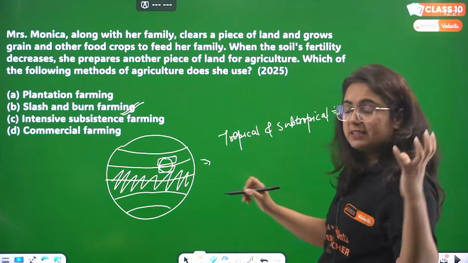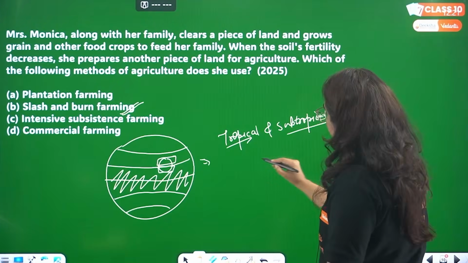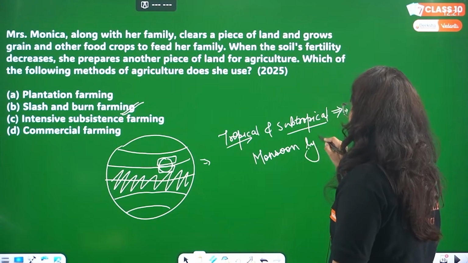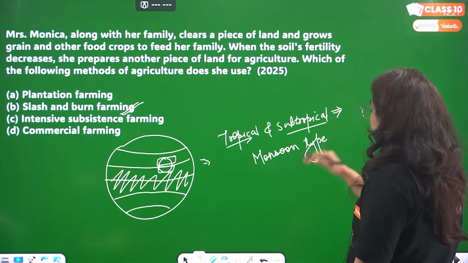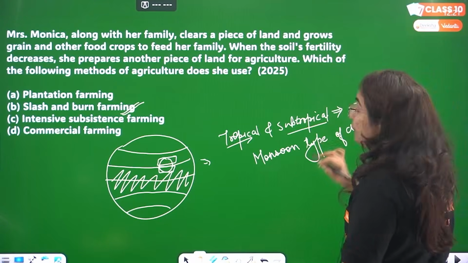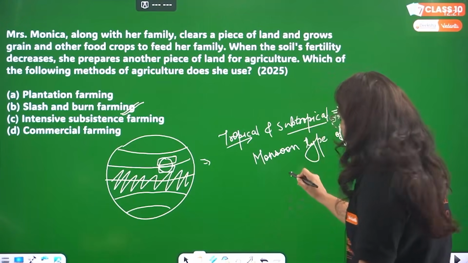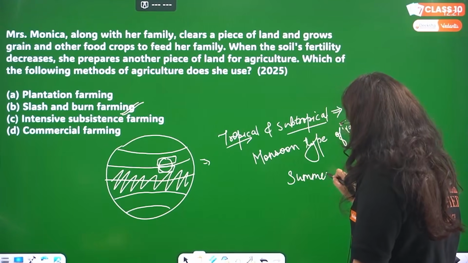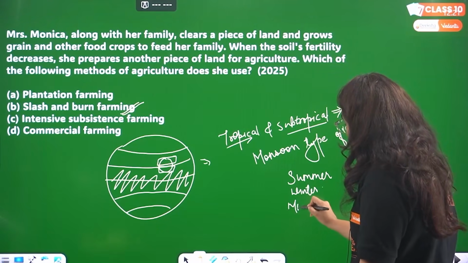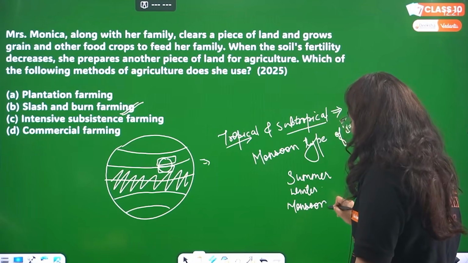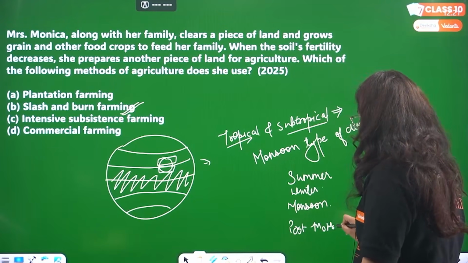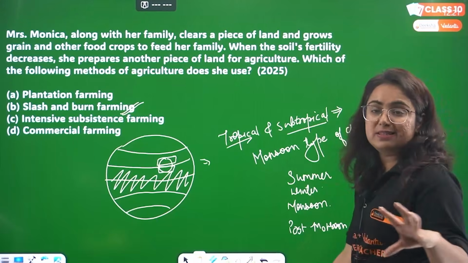We make a difference that being the tropical and subtropical country, we have a unique monsoonal type of climate system. Beta, we have 4 seasons, right? We have 4 seasons like summer, okay? We have winter, then we have monsoon season, and we do have beta post monsoon season also. Post monsoon season, that means winter monsoon season too.